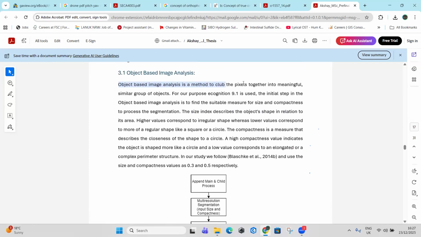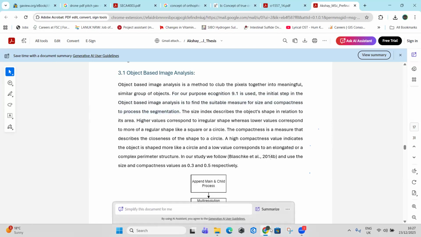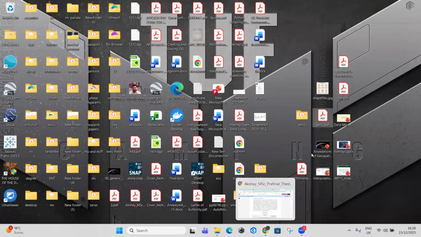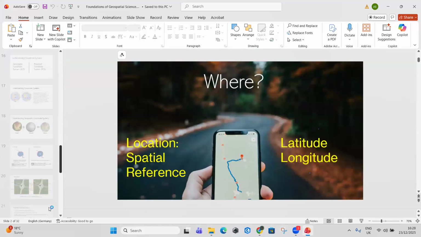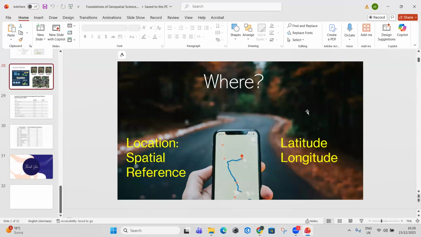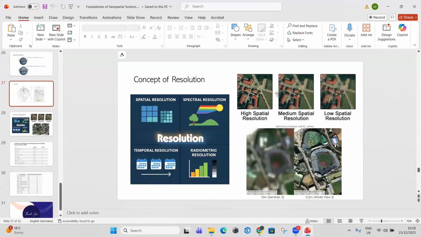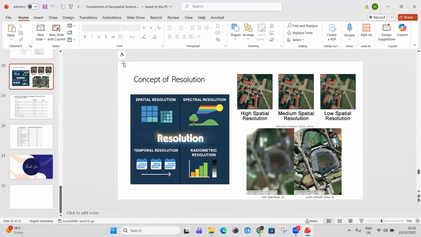Object-based image analysis is a method to club the pixels together into meaningful similar groups of objects. For our purpose, eCognition 9.1 is used. The initial step in OBIA is to find the suitable measure for size and compactness to process the segmentation. So what it means is, basically if you look at any image, maybe you are looking at this image, right? Now what happens is